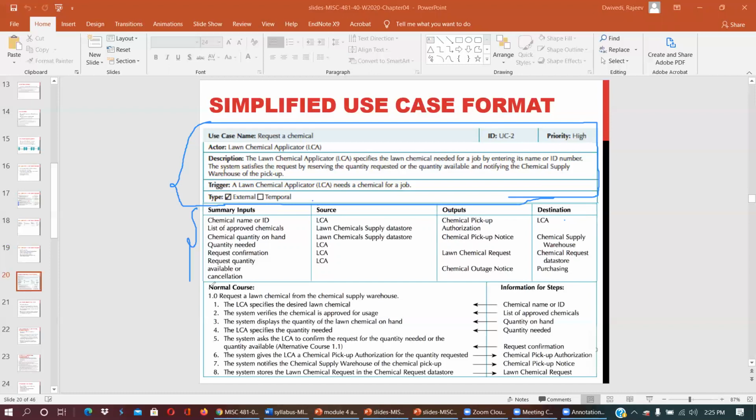Here, this is the normal course structure: the LCA specifies the desired non-chemical, and you can see the arrows showing where the information is coming from and going. So this is the format that is important to understand.